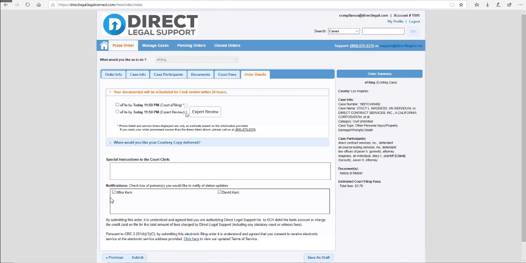So text searchable is required under CRC Rule 2.256, and all your documents have to be bookmarked if you have exhibits, for example under CRC 3.1110 subsection F. The system will automatically try to do text searchable automatically. It's built in the back end of our program. It does it 99% of the time, but it's not guaranteed. So it's best that you make sure your document is text searchable. But in that one case you forget to do it by accident, the court software will automatically try to do it for you. If you have any special notes on this thing,